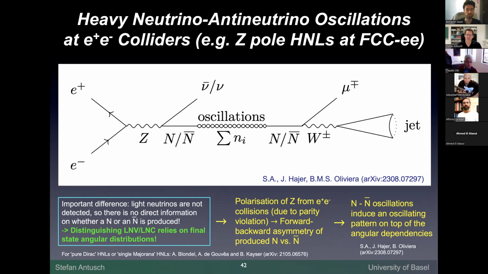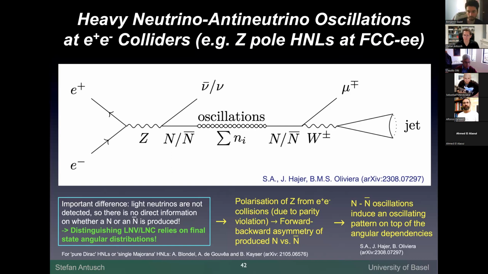So we have these oscillations, but there's a difficulty that you don't know initially if you produce an N or an N bar. But what you nevertheless have is, depending on whether you have a light neutrino or antineutrino, this will give different distributions or probabilities to have the production of an N or an N bar, depending on the angle with respect to the beam axis. So you cannot make statements by looking at the total number of events, but you must look at final state